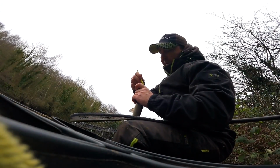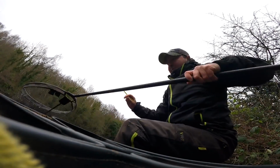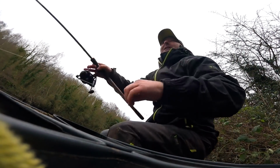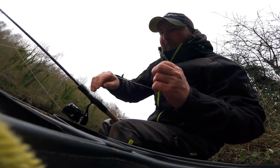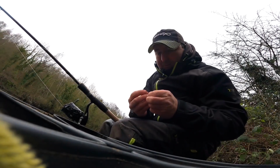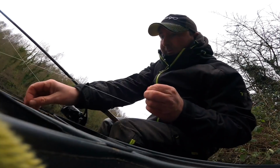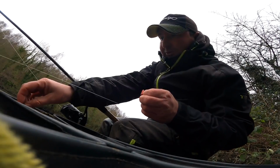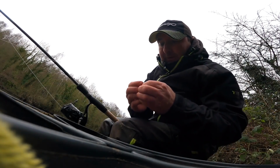There's been a definite change in the river, certainly on this stretch just here. I'm suddenly seeing, well, certainly for this last half hour, there have been fish topping, just like what we saw this morning, further downstream, 20 pegs further down. There were little fish topping, and we haven't seen any here until this last 30 minutes, and all of